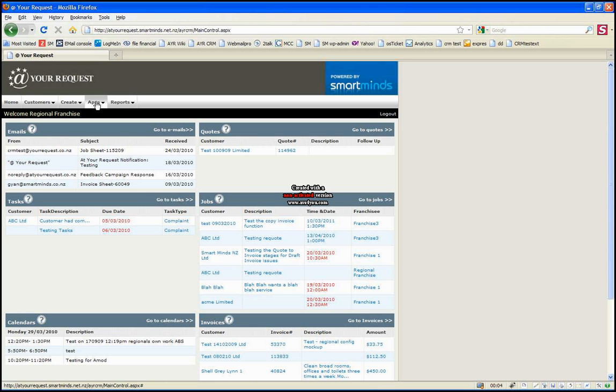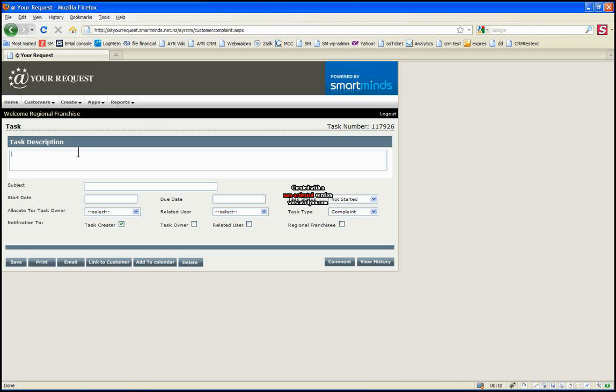To create a new task, you simply go up to Create, New Task, and then you'll be asked for a description. This description is a detailed description of the task at hand. So it could be that